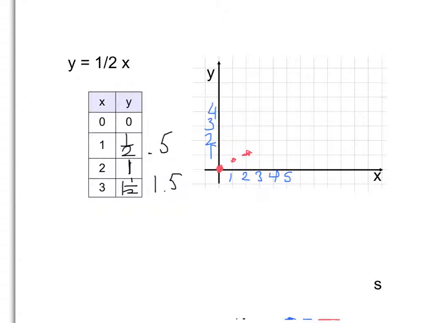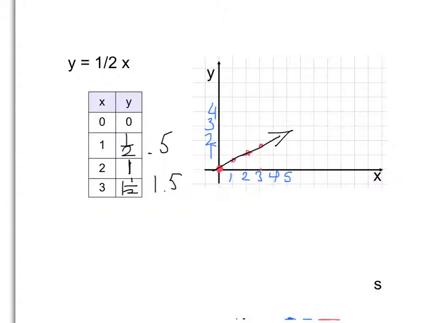So here's 3 on x, and I go up to the point 1 and 1/2. Next thing I do, I draw my line. If you get yourself in a routine with this, it gets very difficult to make a mistake. So, I've drawn my line,